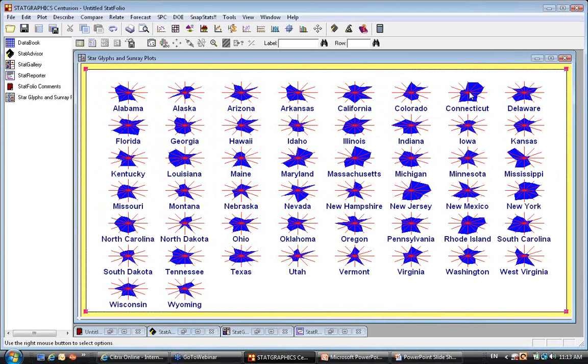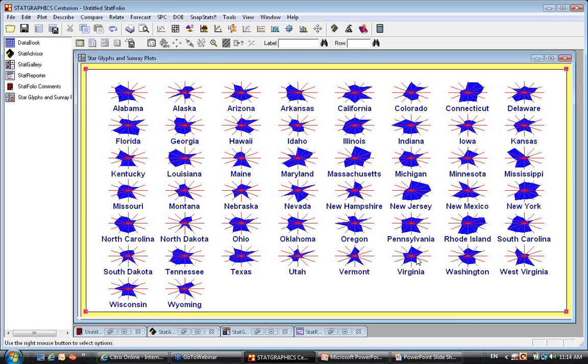Fairly similar to that for Connecticut and several of the other states. If you see a very similar shape, it means, at least with respect to those 12 characteristics, those states are similar. On the other hand, if I look at the glyph for Virginia, where I live now, it's got a considerably